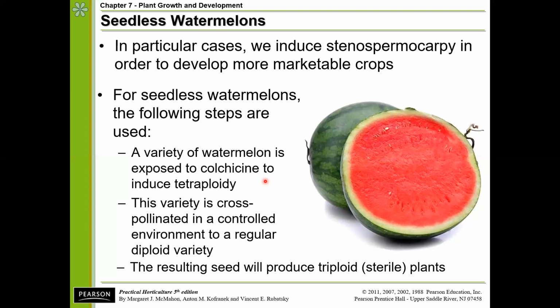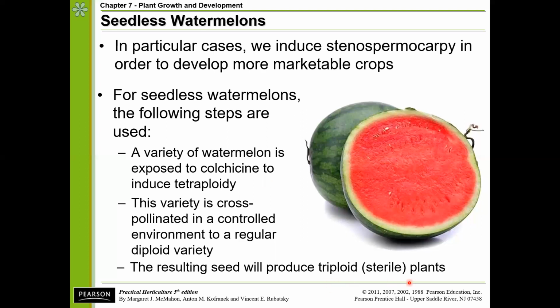And then they take that variety and cross-pollinate it in a controlled environment to a regular diploid variety. So it does get another plant produced. It's producing seed in this case, but the resulting seed is going to produce a triploid plant,